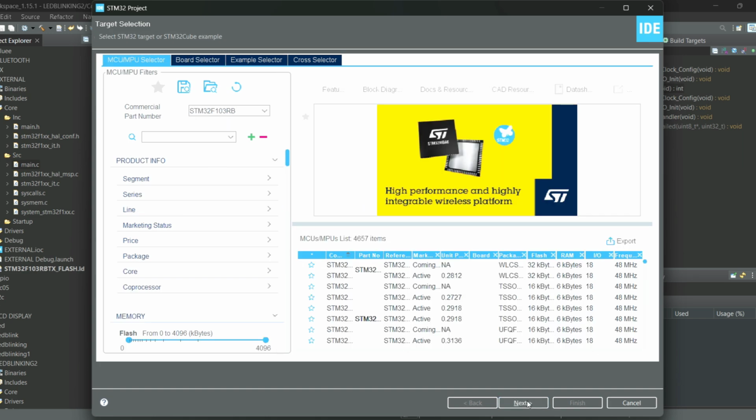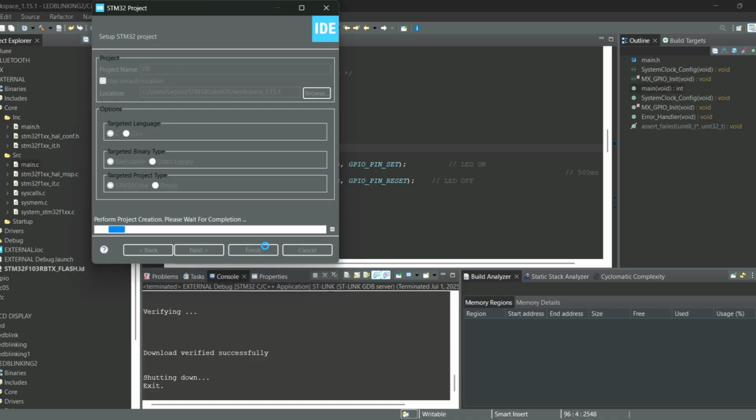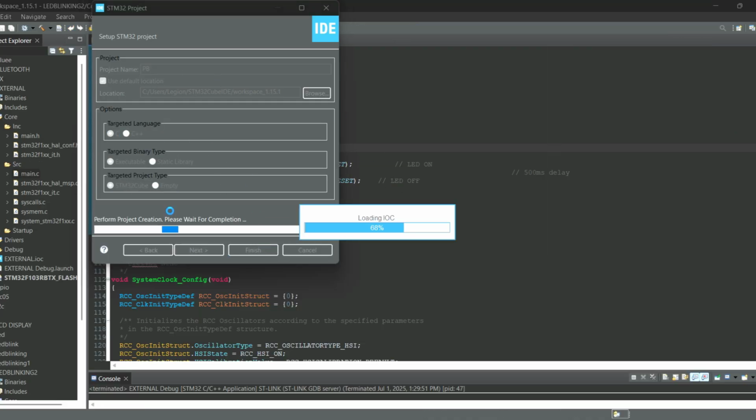click on next. Here you need to give the file name. I will give it as push button PB. Okay, click on finish. The project file will be created and the IOC diagram will be